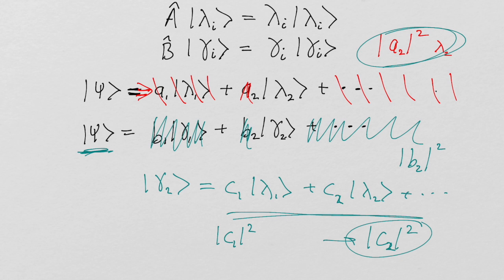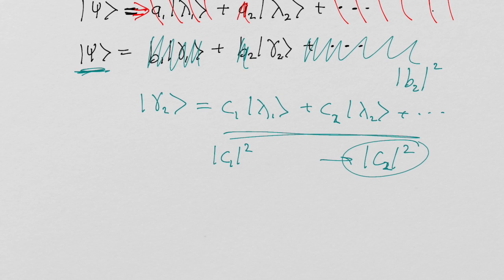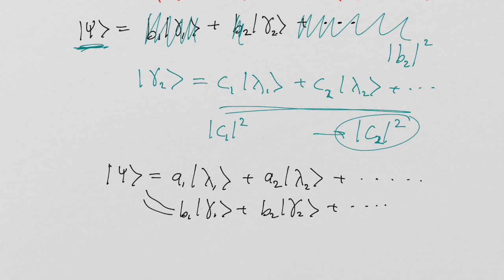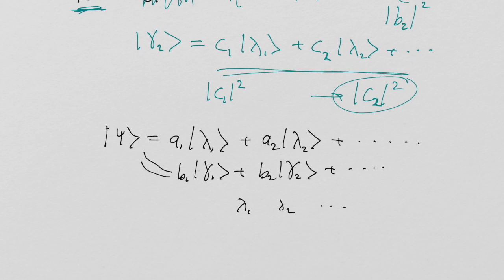And, of course, in quantum mechanics the classic question is, well, wait a minute. What was going on before the measurement, right? Back when I had the state psi, expressed in this basis, it's also literally equal to... So, I understand when I make the measurement, I'm going to get some value lambda 1 or lambda 2. Or if I measure B, I know I'm going to get gamma 1 or gamma 2, and I know the probabilities for all those things. But